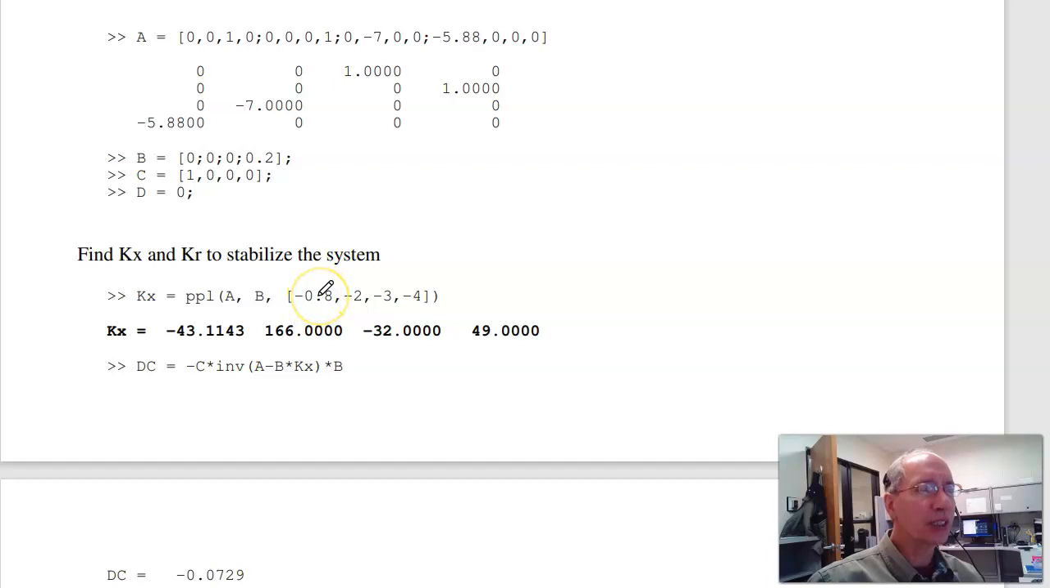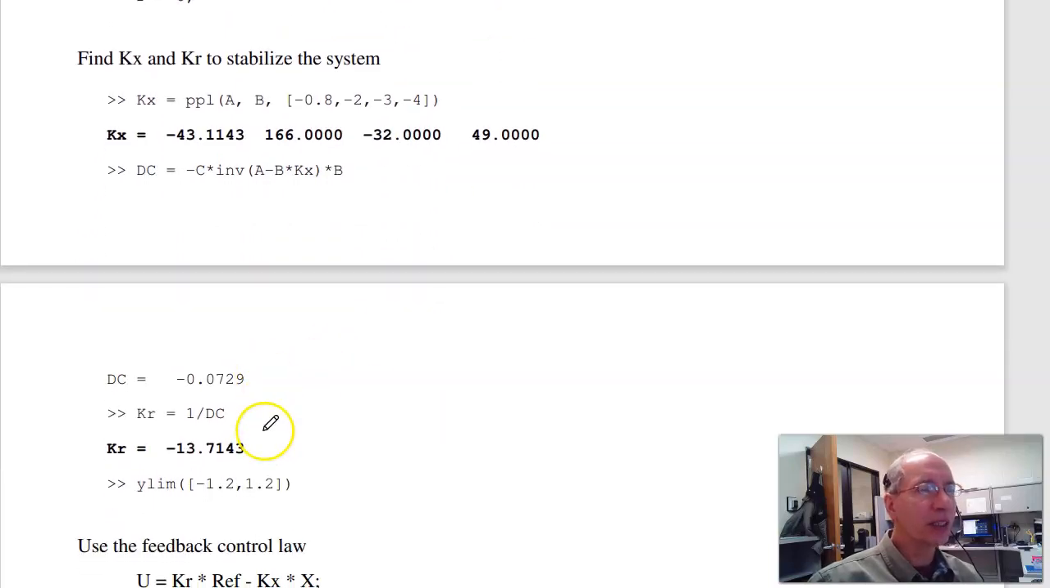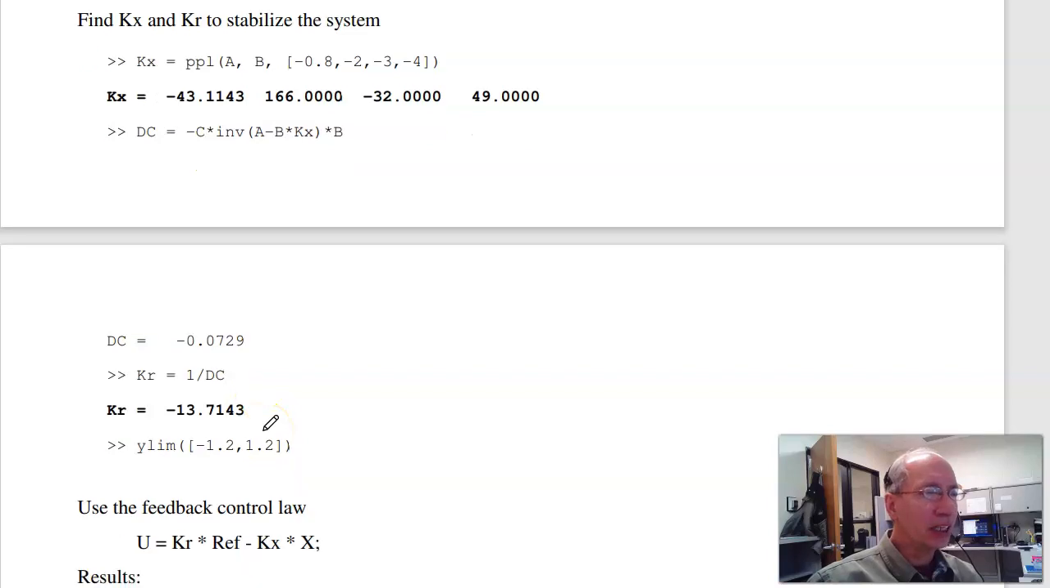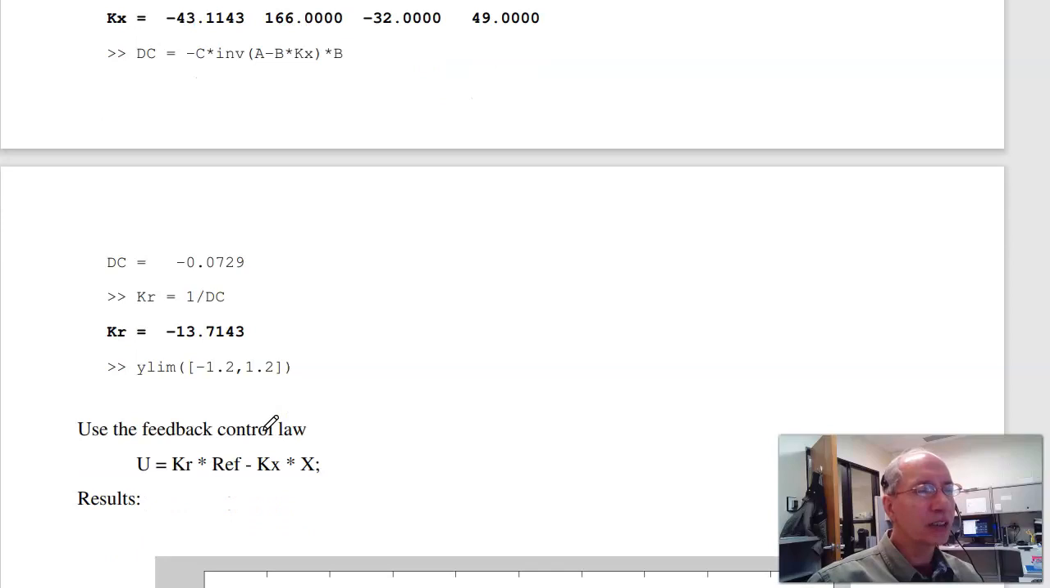Using pole placement, place the dominant pole at -0.8 and the other poles somewhere out of the way, like -2, -3, and -4. If I do that, I get a set of feedback gains. Find KR to make the DC gain 1, and everything ought to be fine. So to check that, let's